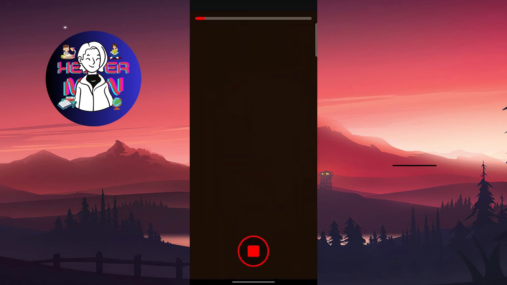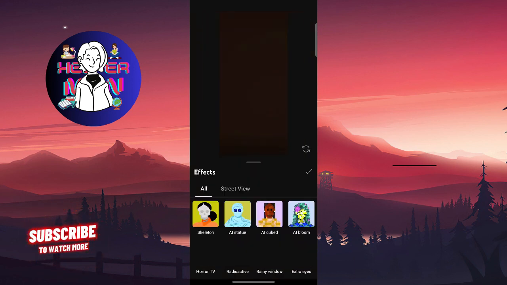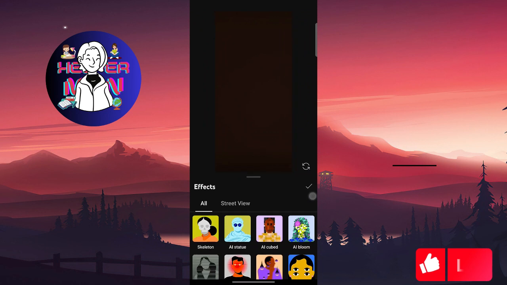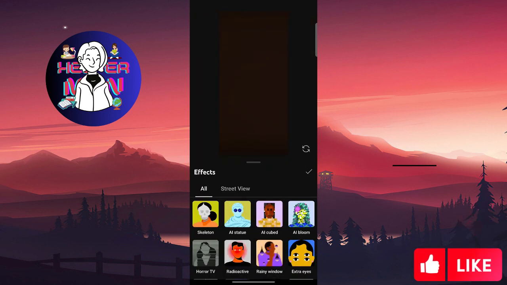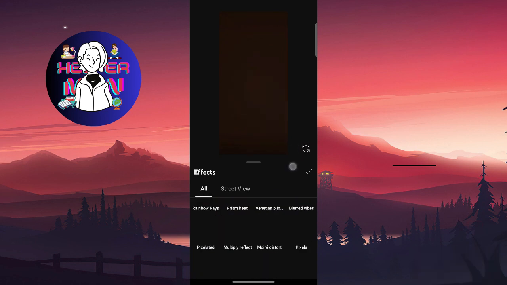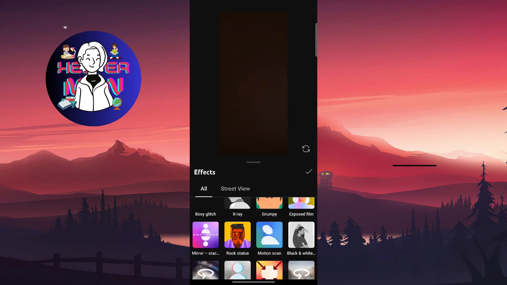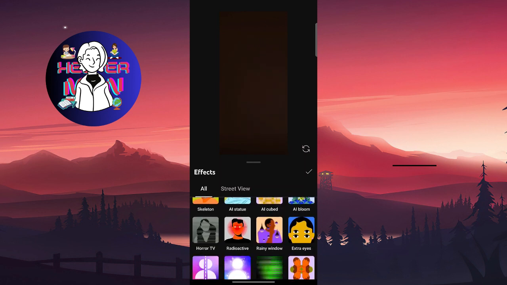We're going to record some short, and at the right side you'll find these effects button, icon, I don't know, magic, and you have some other effects right here, street view, and other stuff. So we're going to click on some of the effects,